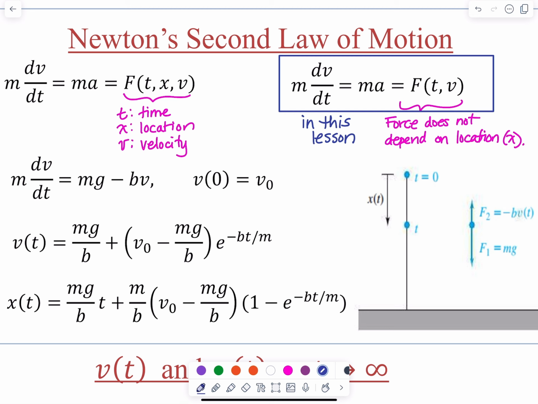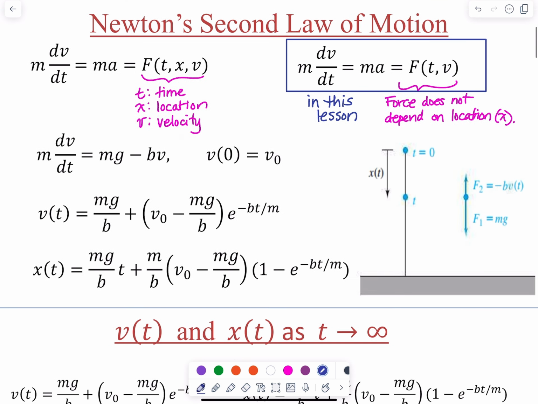Okay, so let's go ahead and take a look at what we have. And we can look over at this diagram here. As you can see, we will have an object of mass m. And this is given an initial downward velocity right here of v naught, and it's allowed to fall under the influence of gravity. So as you can see here, the force due to gravity